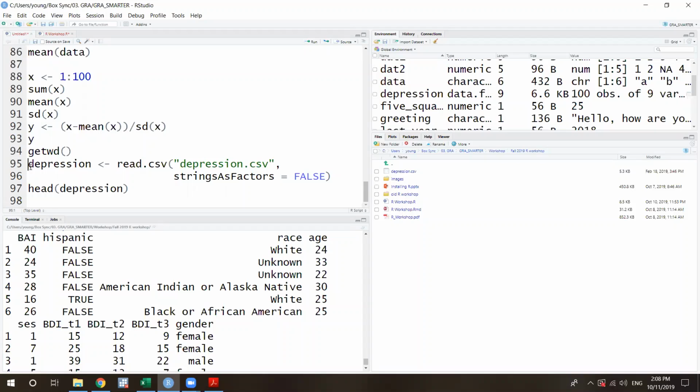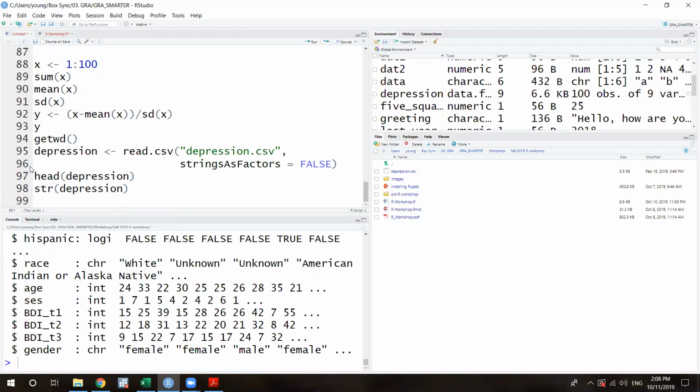Okay. After this, there is a useful function name, str, for structure. Try this function. Then you can see the type of each variable.